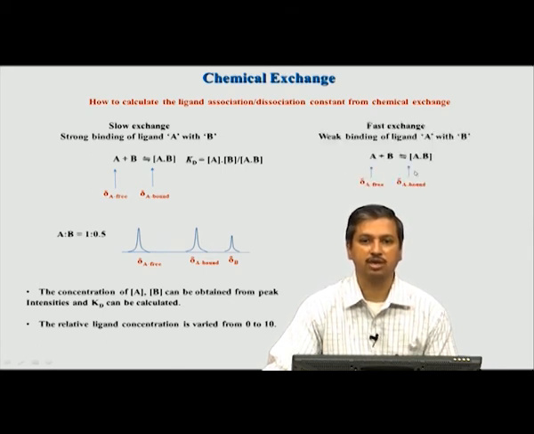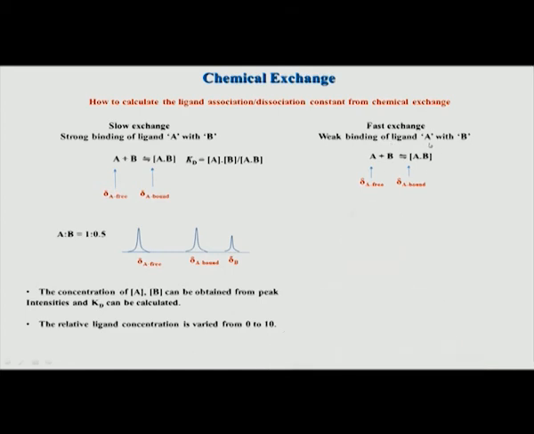It is shown here. So, suppose we have the same reaction now, but this time it is a weak binding. So, the ligand binds not very strongly, and based on the exchange rate, it is faster compared to the chemical shift difference. So, remember again, all depends on the chemical shift between the two states, and if the rate of exchange is fast compared to these two states, then the scenario will be that as you increase the B, your peaks will start shifting, because it will start going more towards the bound form. So, when you are increasing the B value.